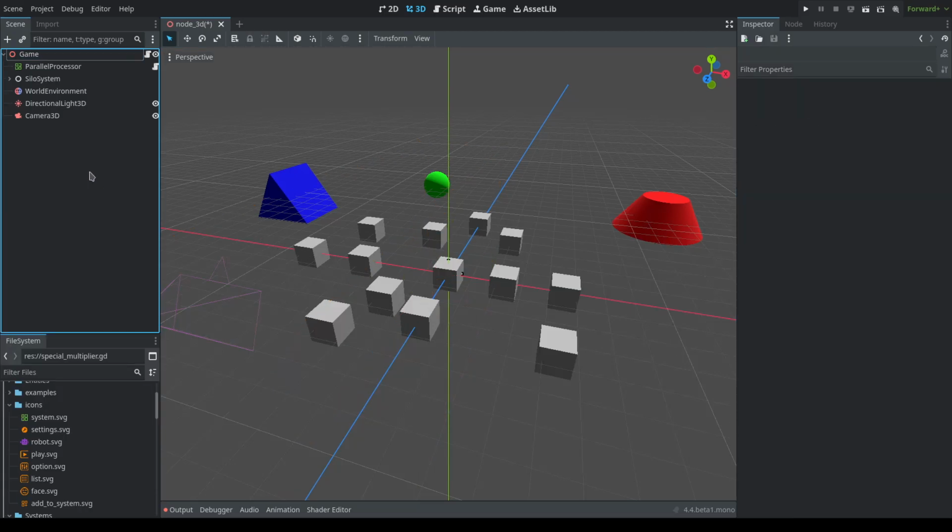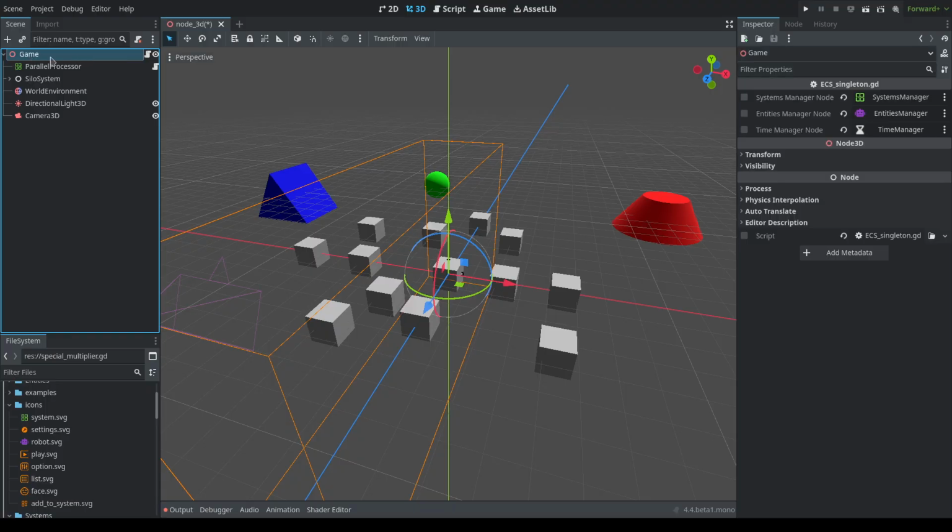Okay, so this is the game. This is Godot game engine for those who are unfamiliar. This is the scene tree, so this is where all the magic happens, right? So this right here is just a container for the game that does all the